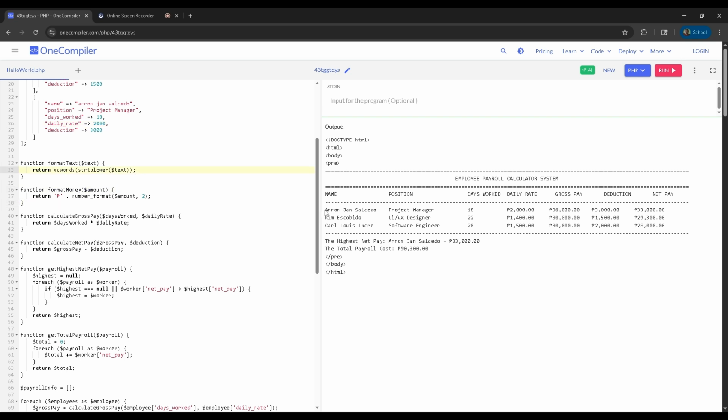Once I have used this function, it will capitalize the first letter of the name. It's only for the name, format name.